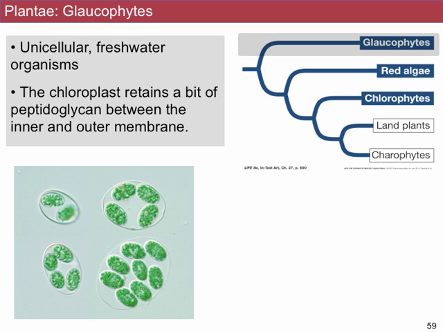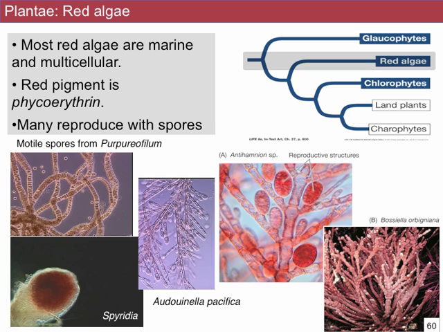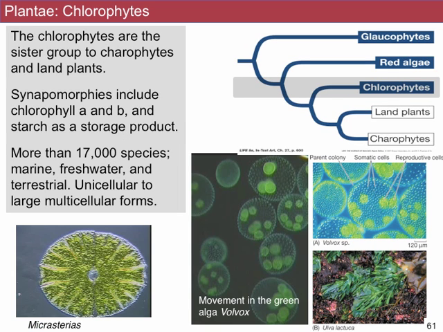So lineage number 3, you ready? The excavates. This is a list of the 5 major lineages of excavates with some of their features. One of the most interesting and important things that we're going to talk about today about this group is that 2 of the lineages, the diplomonads and the parabasalids, do not have mitochondria.